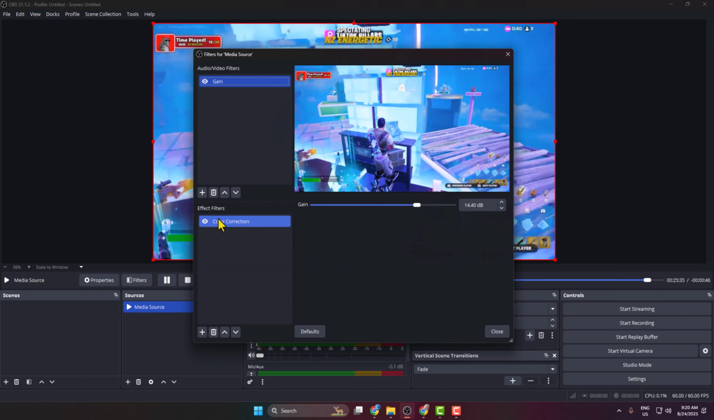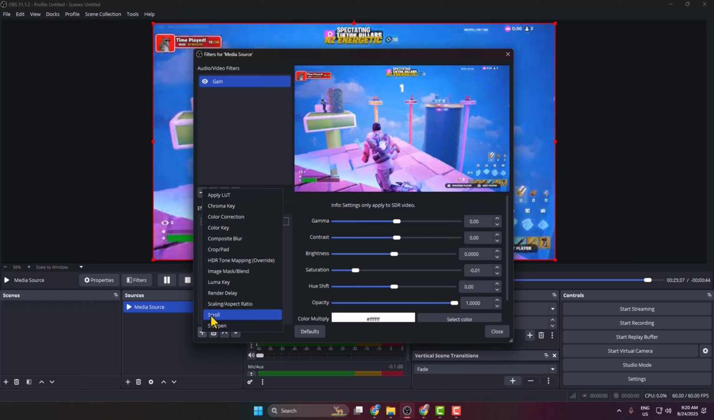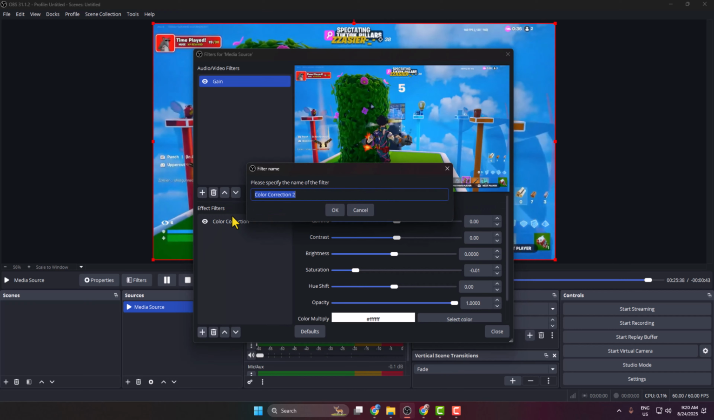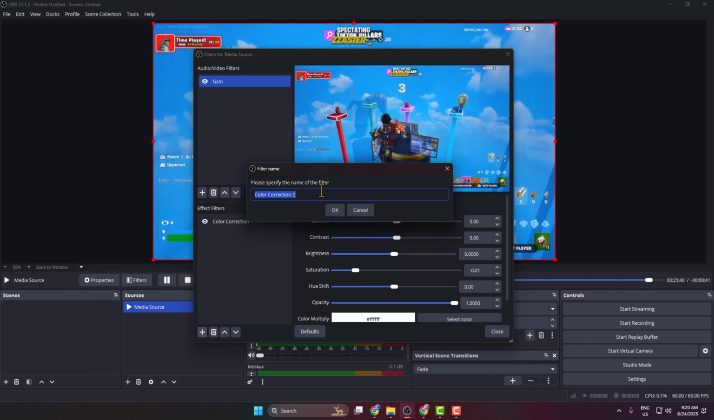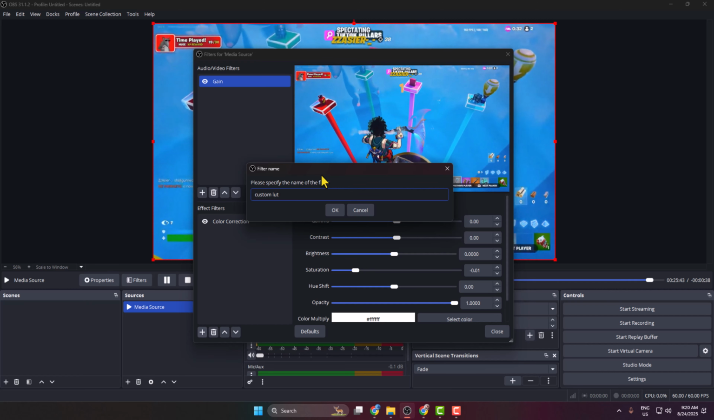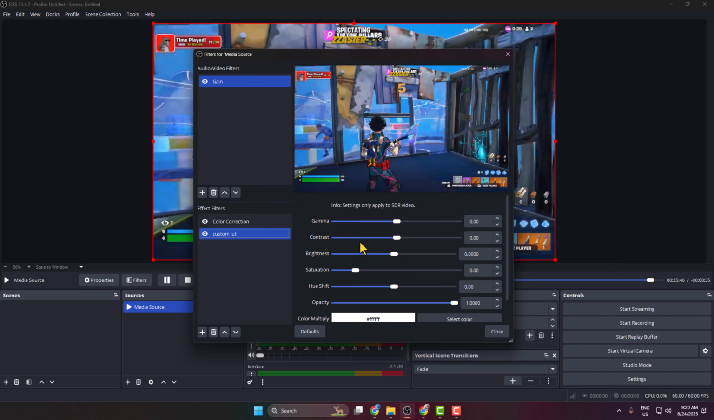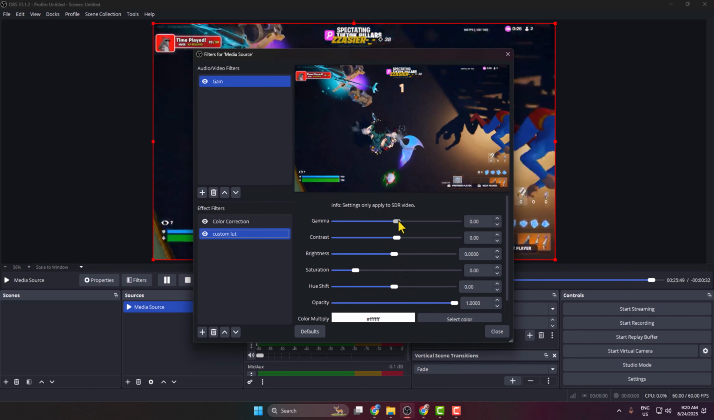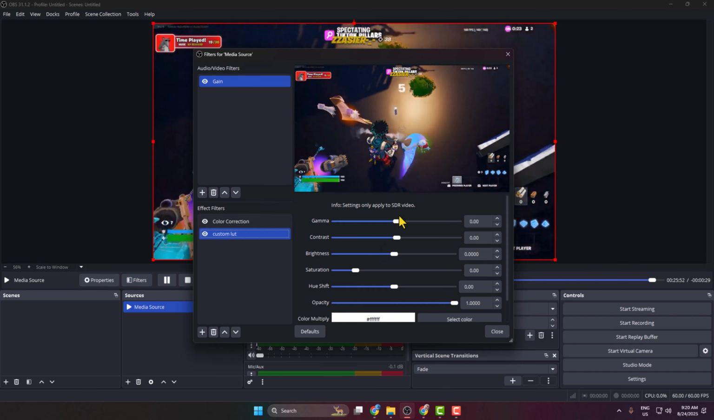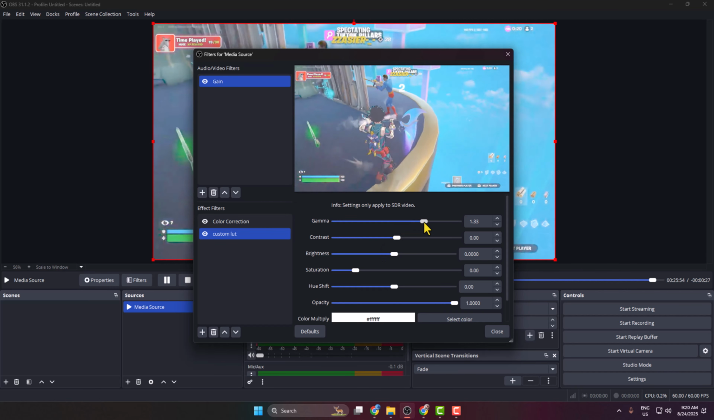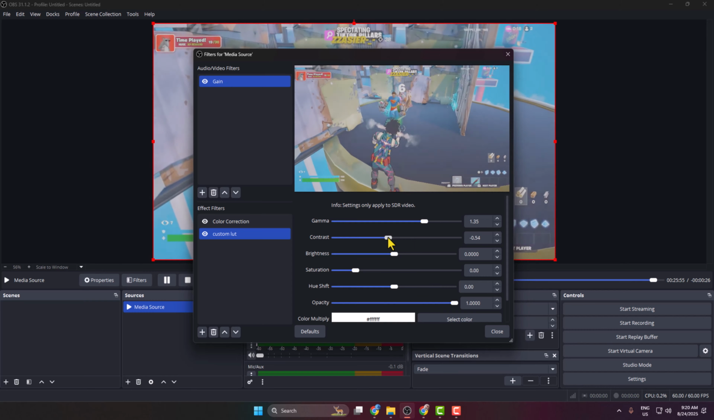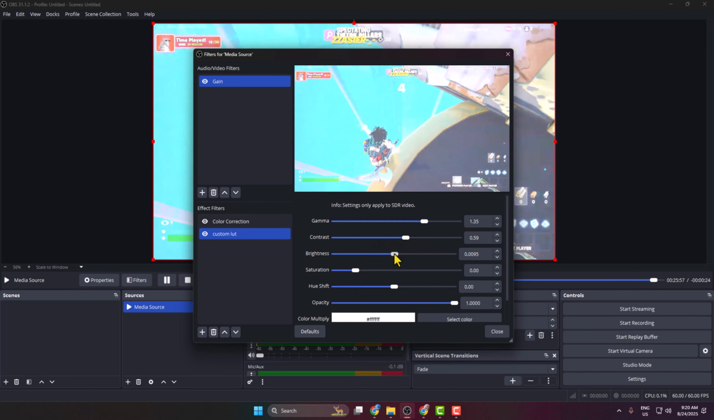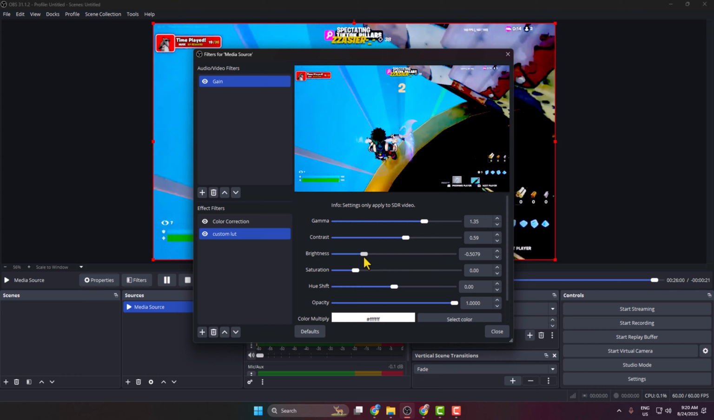Under effect filters, click on this plus icon, select color correction, and here I'm typing custom LUT and clicking on OK. And here we can see the color correction, all options showing. So go ahead and increase all of these options one by one to make your source perfect. Just like this, I'm increasing gamma, contrast and brightness,